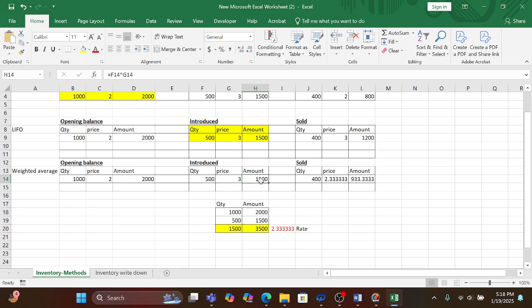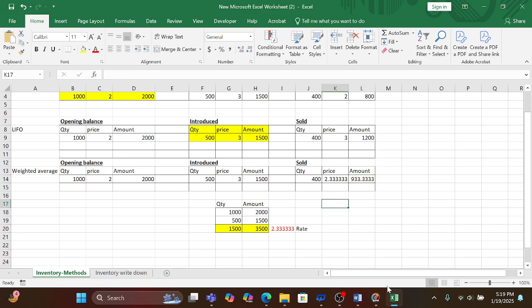$3. Our total amount is 1500. So we will take the total quantity, that is 1000 plus 500, and we have amounts of 2000 and 1500. So our total quantity will be 1500 and total amount will be 3500. When we divide 3500 by 1500, our rate will be 2.33. So our weighted average price is $2.33, and quantity is 400, so our amount will be